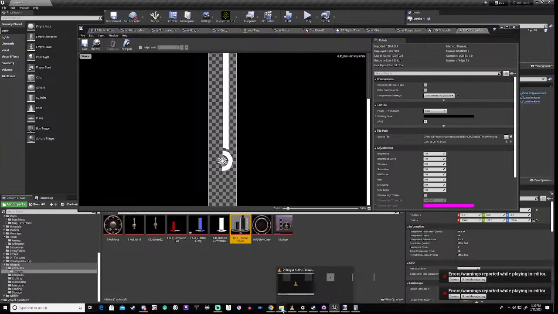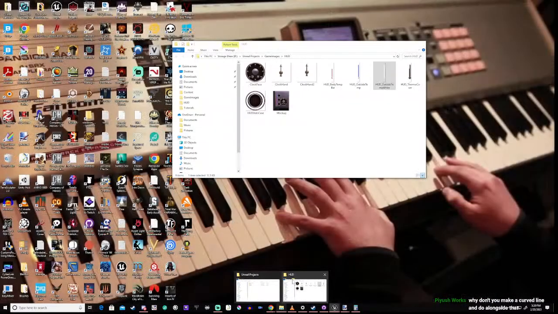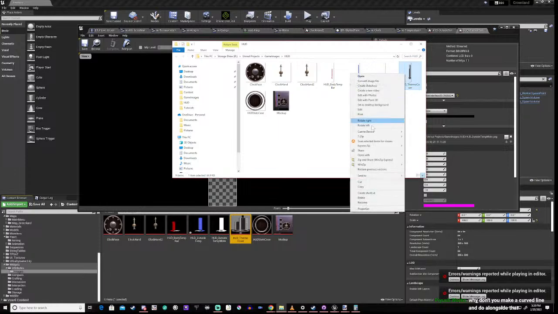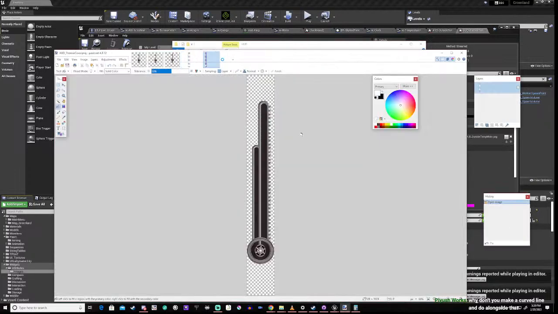Right? And I'll show you what I mean by that. What we'd actually have to do is open this one. Right? And what we'd have to do in this case is delete this, and this, and this. And then basically